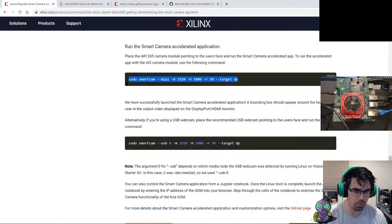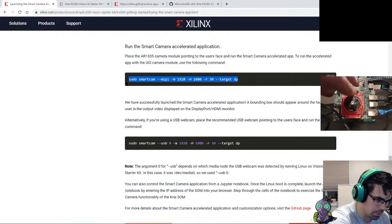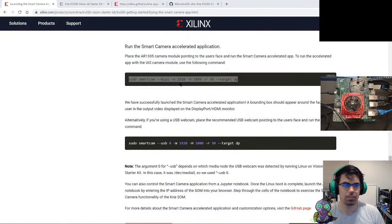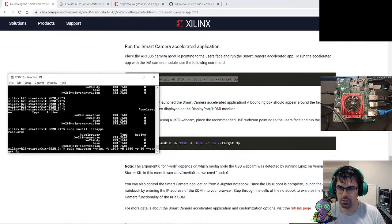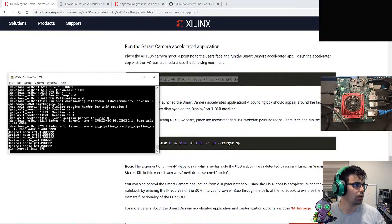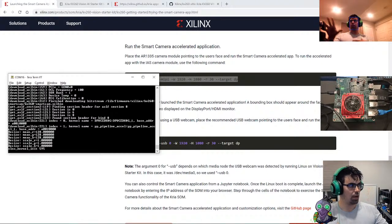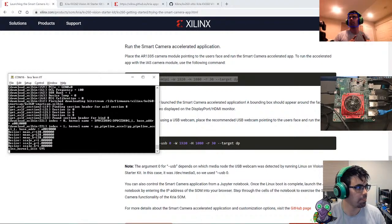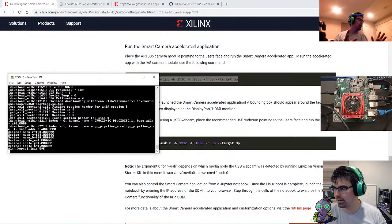It does say DisplayPort, but I believe one of these chips is a video splitter, and the same output goes to DisplayPort as goes to the HDMI, so you can use either. So copy this command, load it here, run, and okay. In the top right corner of the video, you should see a blue bounding box around my face. It's just doing facial recognition with its AI interface. So we have an example,